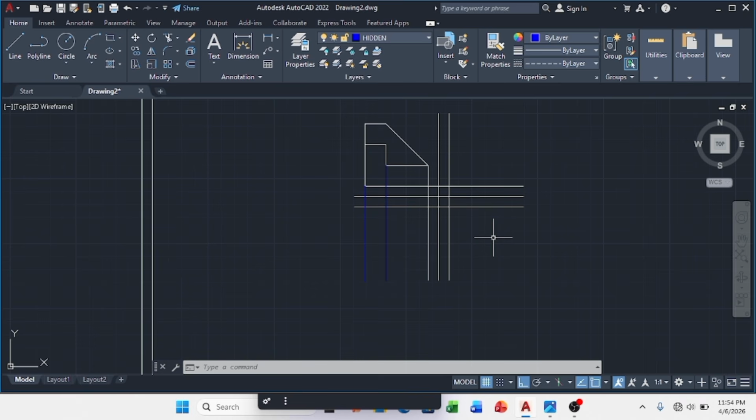Okay, so from the hidden lines, let's create a normal line. This hidden line is to make our drawing simple for us and make it aligned with the top one. So let's choose line. So from this place downwards,